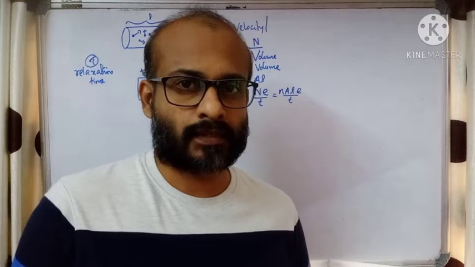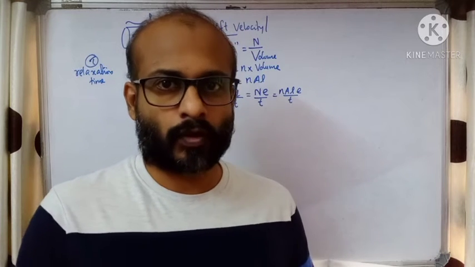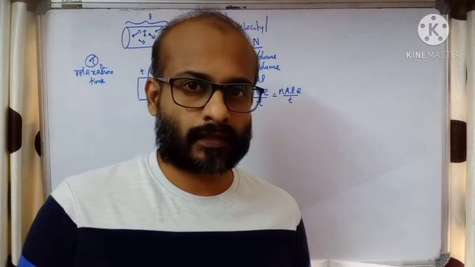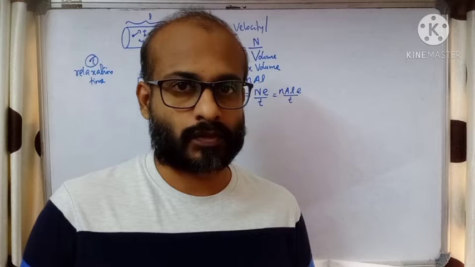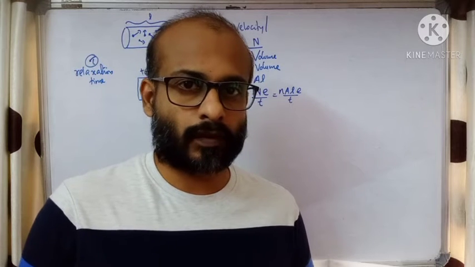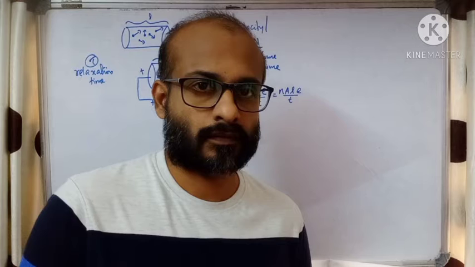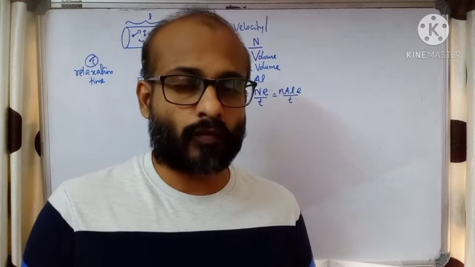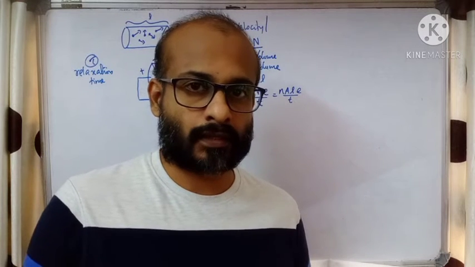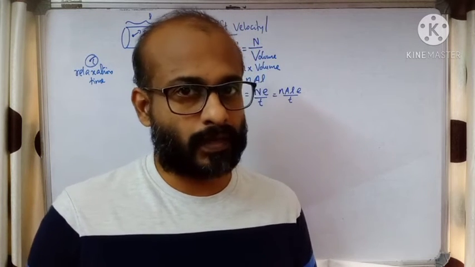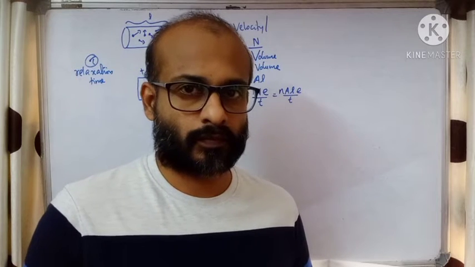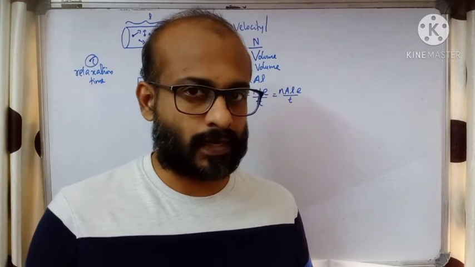Drift velocity is our topic today. We know that for every conductor there will be a large number of free electrons. These free electrons will be moving randomly in different directions with different velocities. Since they are moving in different directions, we can say that the average velocity of the electrons will be almost zero. So there is no average velocity.